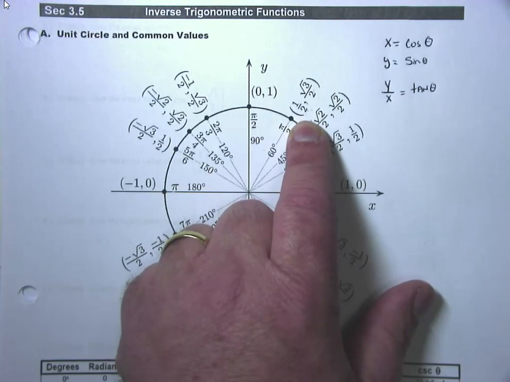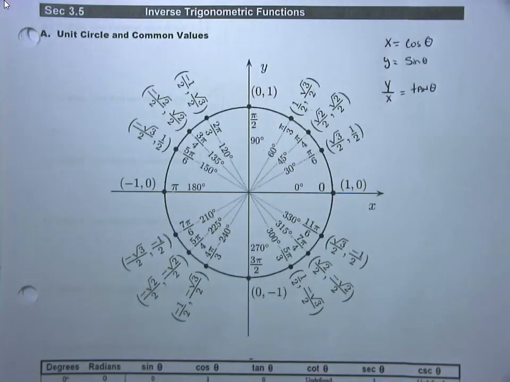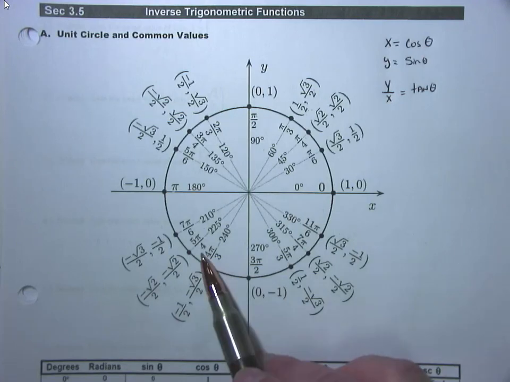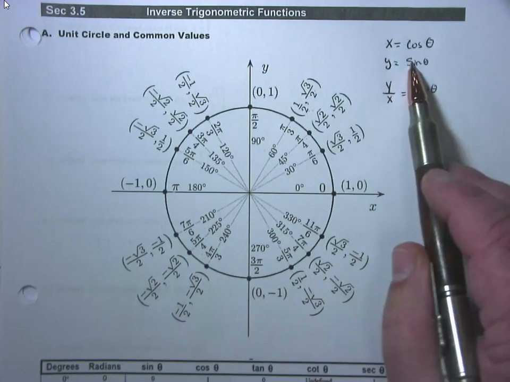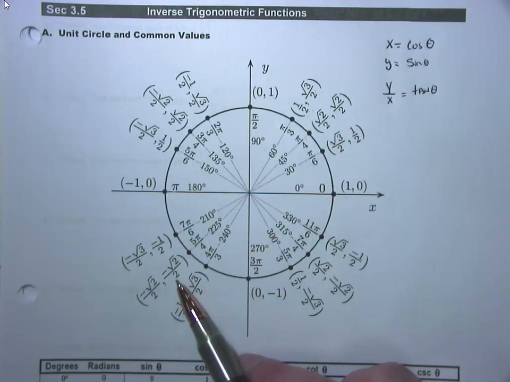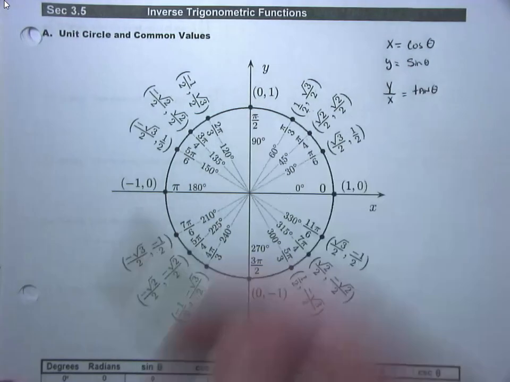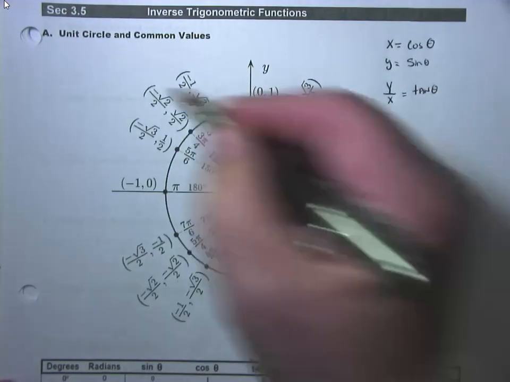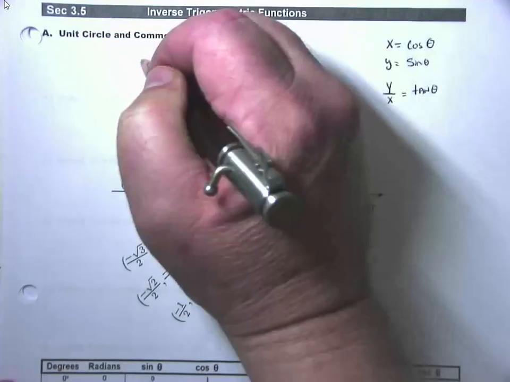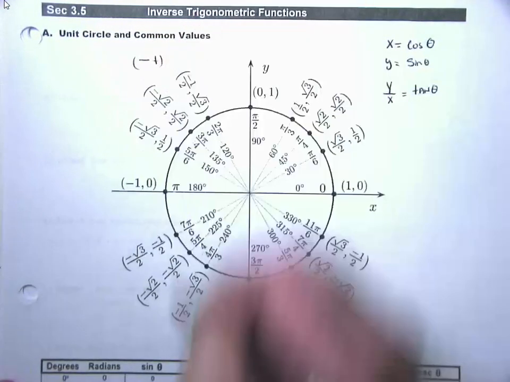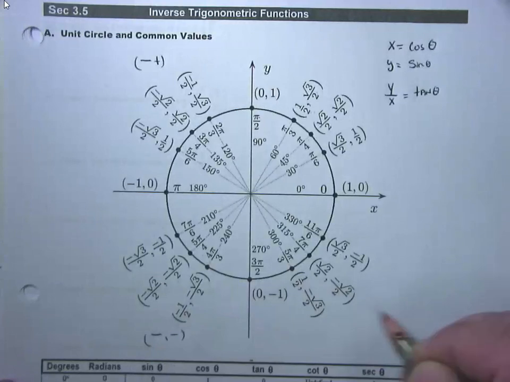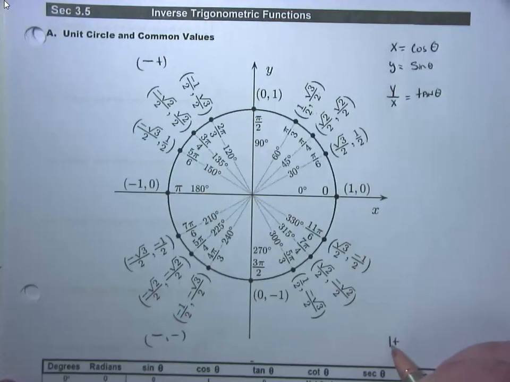Does that make sense? If I come over here and ask, what is the sine of 5 pi over 4? I go to 5 pi over 4. Sine is the y-coordinate. So the sine would be negative square root of 2 over 2. Okay? And here's the deal. If you know everything in the first quadrant, all you have to do is project it over. In the second quadrant, the signs are negative, positive on the points. Third quadrant is negative, negative. And the fourth quadrant is